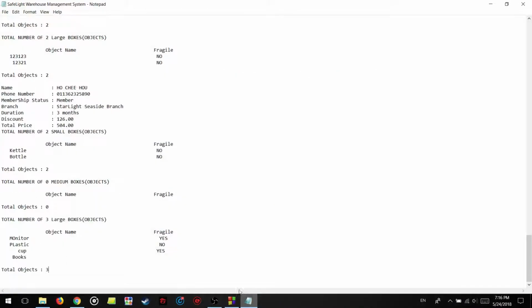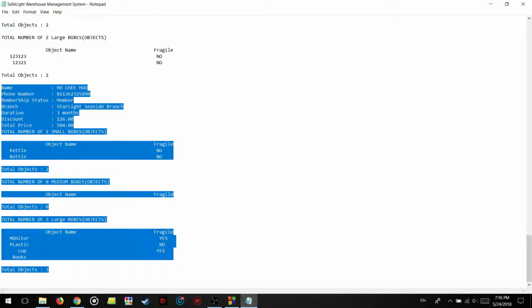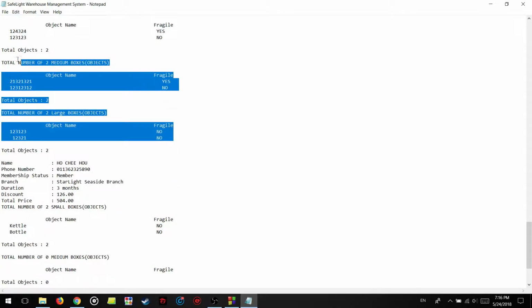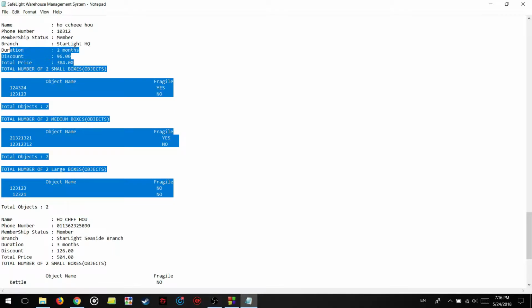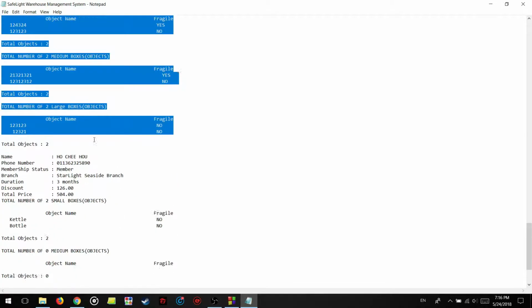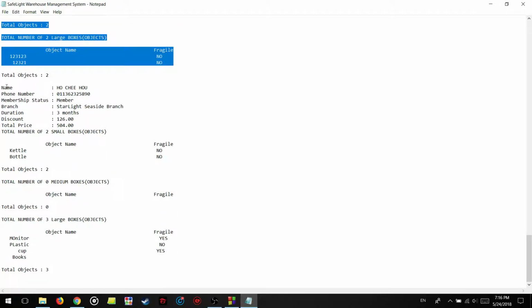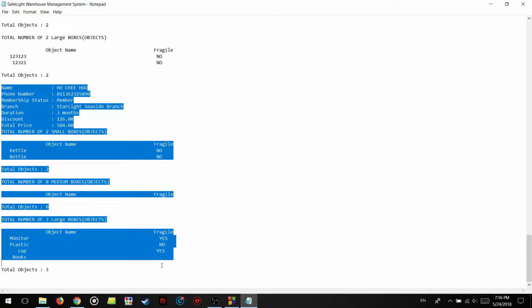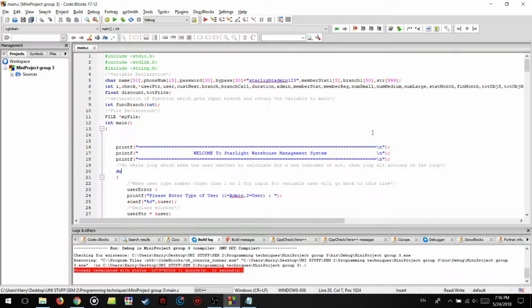Just to add on to some of the parts that my friend talked about. So this is the record that he tried to input just now. We will write it to a file and save it. Before this, when we ran the system, it stored some data. So this is just test data. There's nothing important about it. So this is the data that my partner has input just now, and I will continue the presentation by